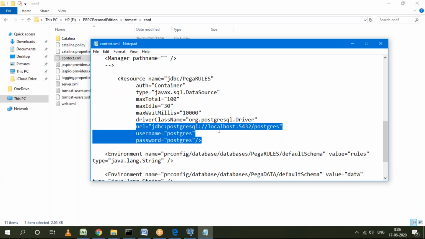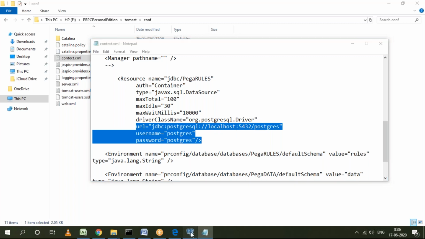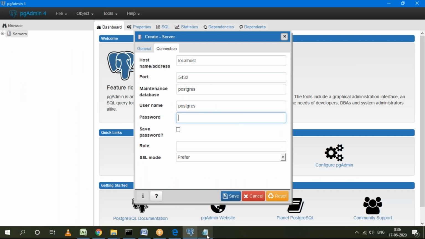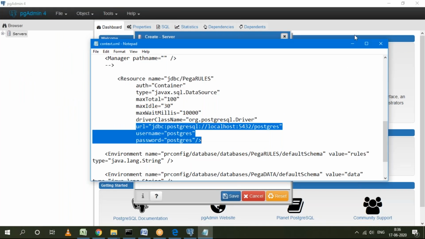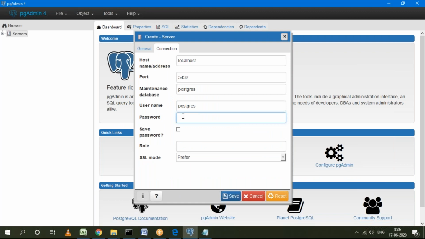The only thing is we have given the connection name manually. Another thing, the username it has taken automatically. The only thing we have to provide is the password. So what is the password? Postgres is the password. So we have to give that manually. And every time there's no need to enter the password. Once you enable this checkbox, whenever we open this rule base, the database will be connected automatically. So this is one setting after the installation is completed. So give this password, enable this checkbox, give the connection name as localhost and click on save.